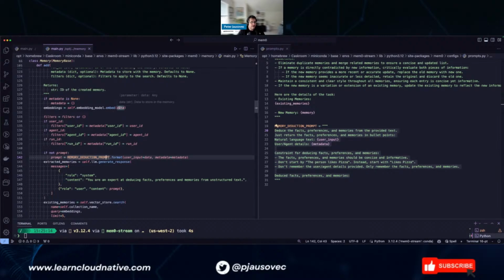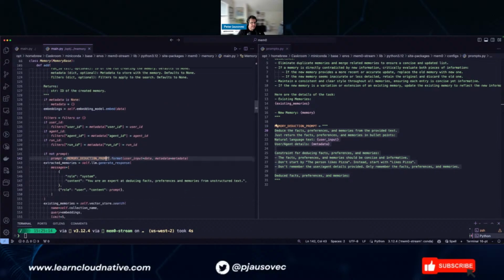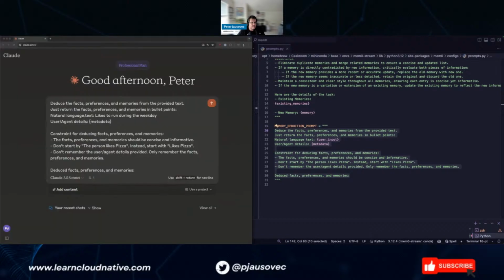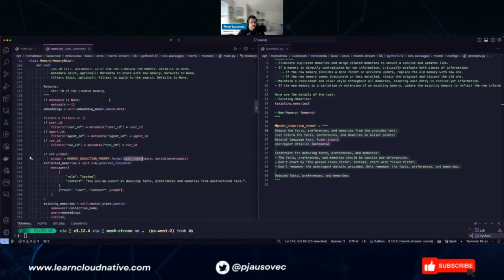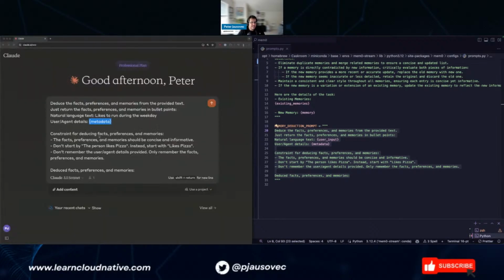Okay, it does embed the data, creates embeddings for the data, because then it can search for it later on. Okay, metadata. So we'll do metadata here. Oops. What was the metadata? This, right? Category hobbies, just for fun. I just want to see how the.